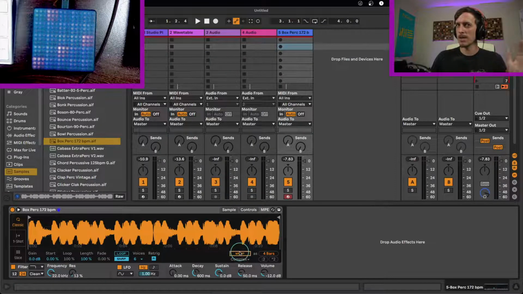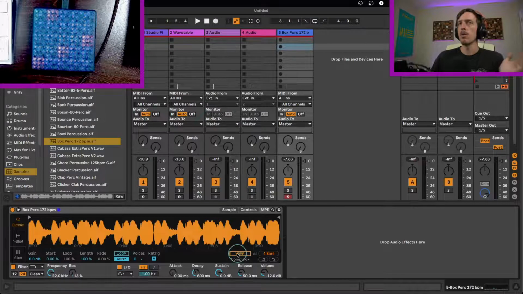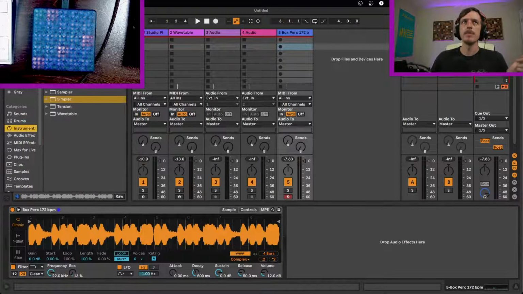So depending on what you're going for here, one of those two options: either warp off will speed up or slow down as you change pitch, or warp turned on will maintain timing, but it might sound a little weird if you pitch it up or pitch it down. If you are using Sampler,